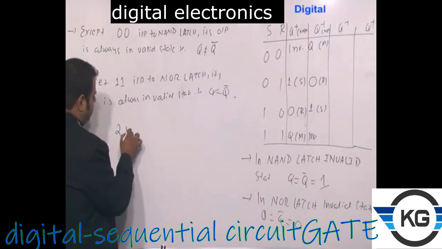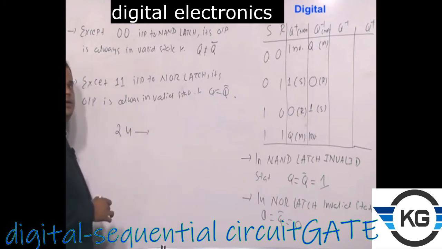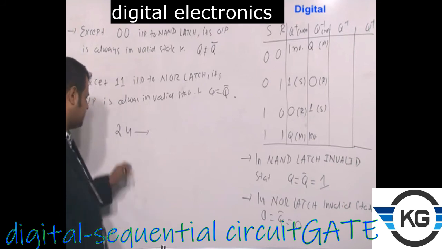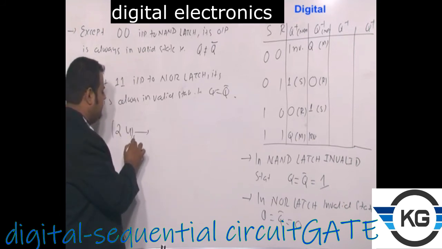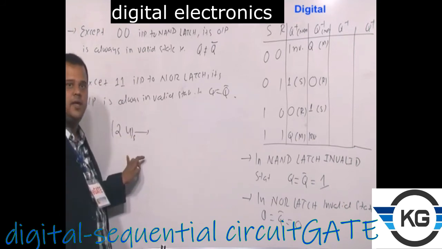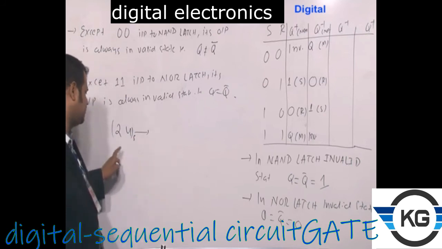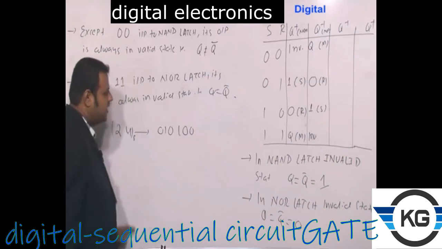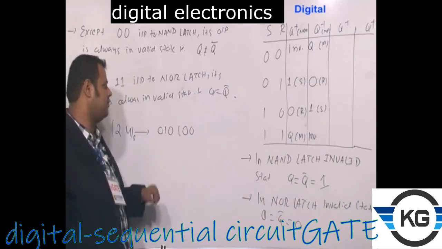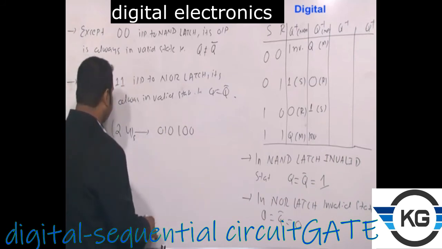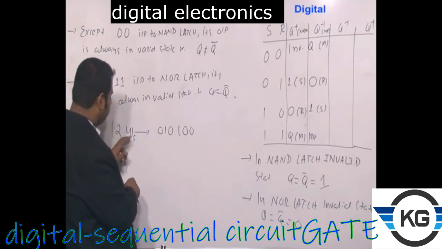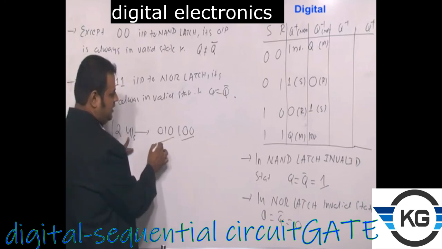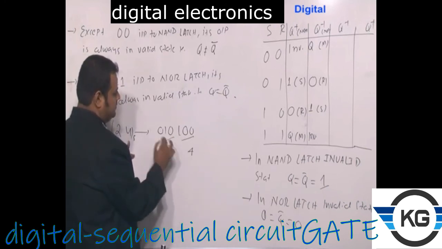For example, this is given. 24: first of all, it is saying that each base 5 digit is replaced by its 3-digit binary equivalent. So that's why this is 010, this is 100. In the reverse direction, if I am asking what is the base 5 equivalent of this, how will you say? Because 3 digits is the replacement for one particular base 5 digit, you have to group by 3, 3 only, right? So this corresponds to 4, this corresponds to 2.